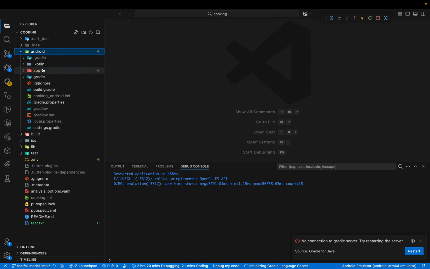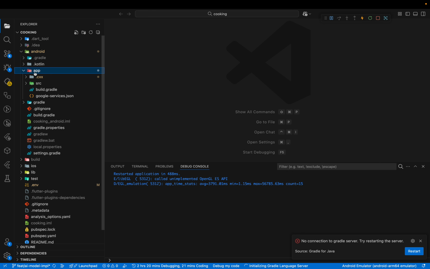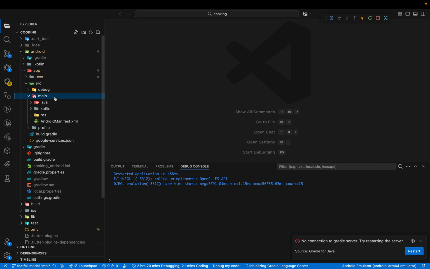So under the Android folder, all we need to do is come to the Android app level and add your Firebase configurations, which is the google-services.json. I would not want to open this because it contains some private credentials. Under src main,